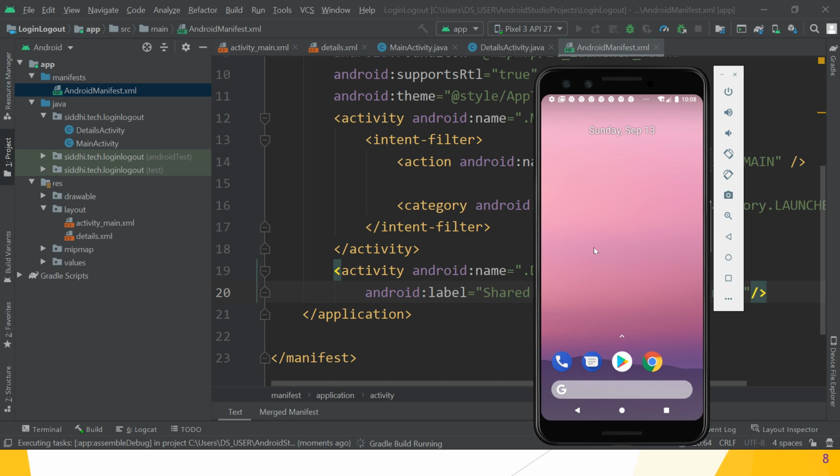Guys, hope you understand all these parts. So we created two activities, details and main activity. Then how to create shared preferences, how to clear preferences, and what the object of editor is: the editor object is used when we want to make changes in the shared preference file.